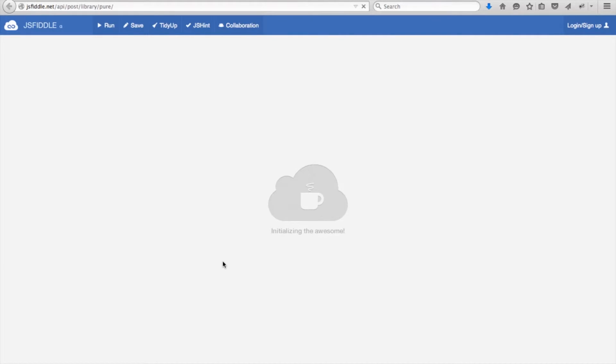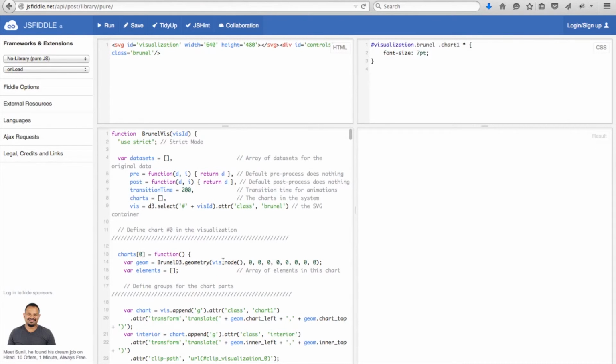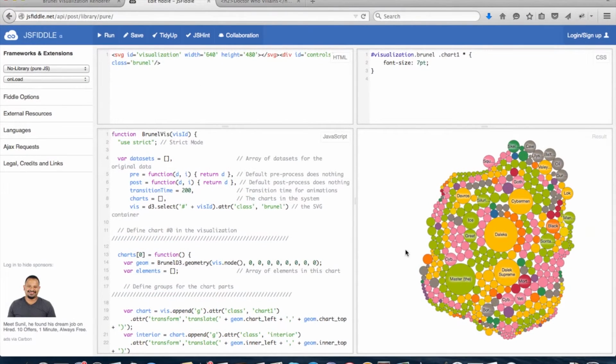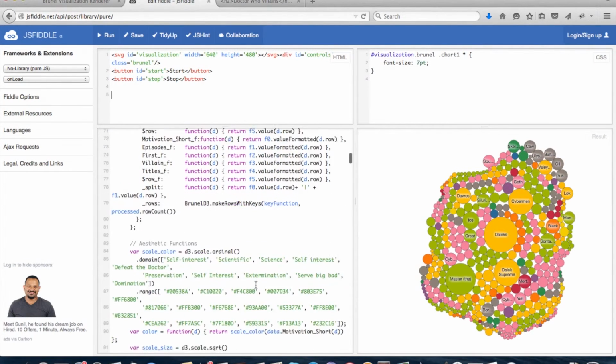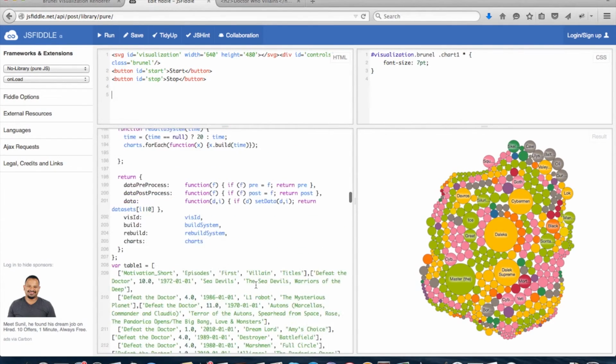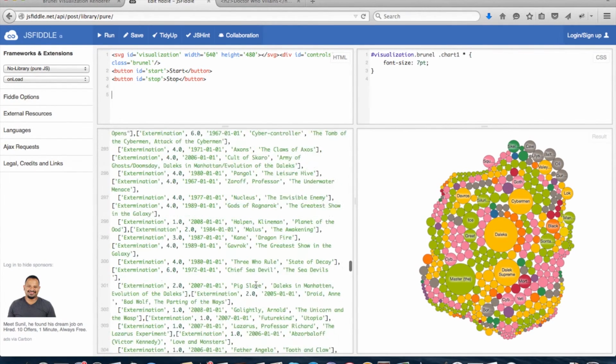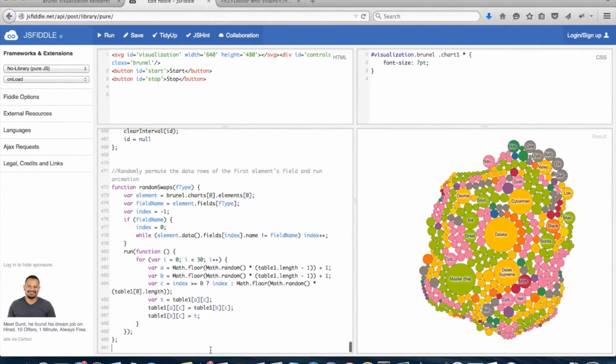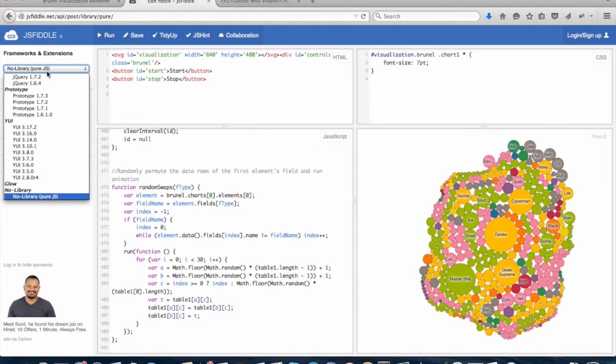And by clicking a button, you can then take that code and see how it looks on JS Fiddle. And on JS Fiddle, we can actually modify the resulting JavaScript that Brunel produces. So first what I'll do is add a couple of buttons here to this page. And then we're going to paste in some code. It's not real helpful for data analysis purposes, but just for demonstration, what we're going to do is add some JavaScript code that'll actually take the rows of data and randomly swap them as a result of